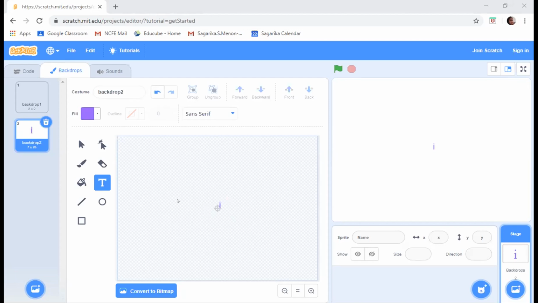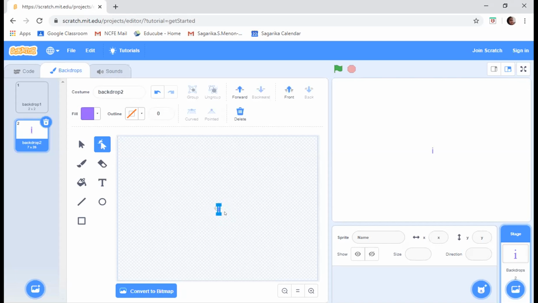So we are creating a backdrop. In that backdrop, we will only have an alphabet I. So do one thing, Vihan. Can you select this particular I? Go over here and first click over here and then select it. And then through your mouse, can you try to make it big? First select it and then through your mouse, try to make it big.